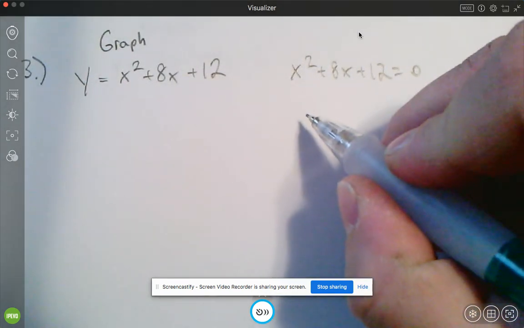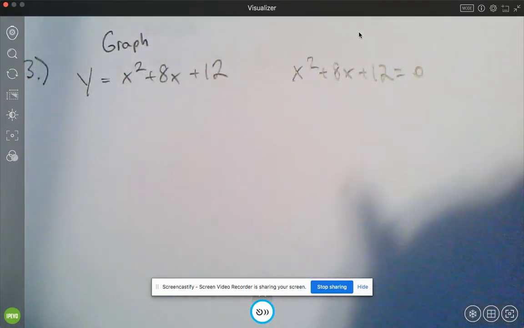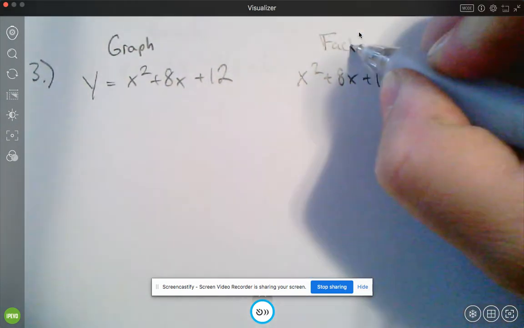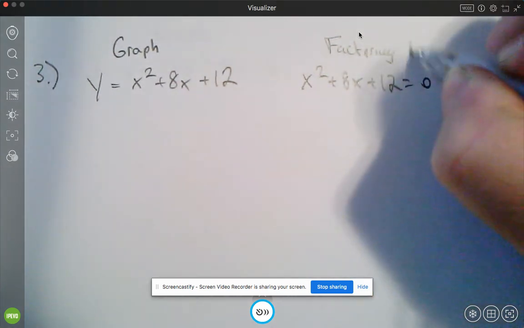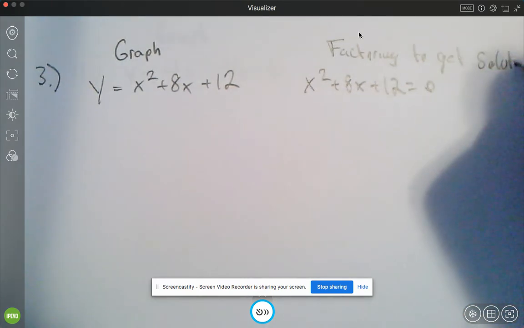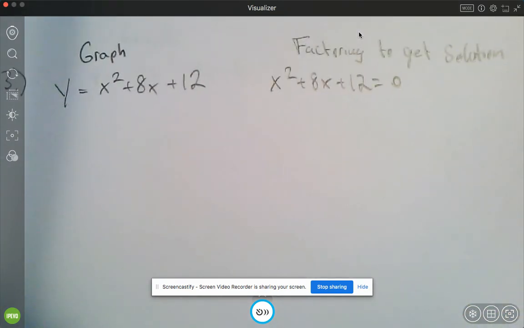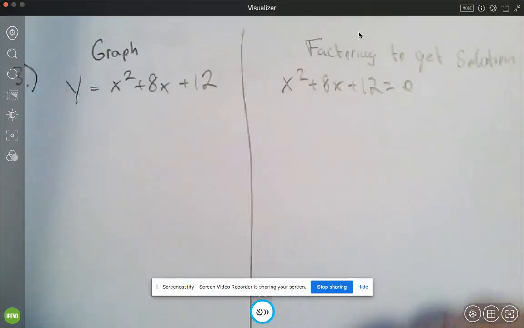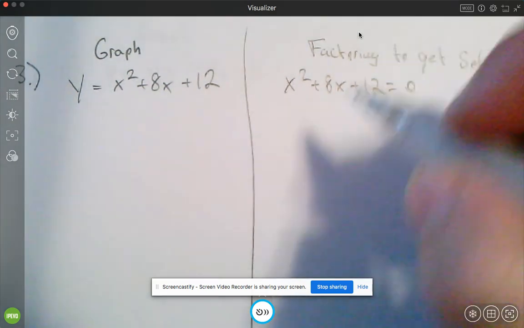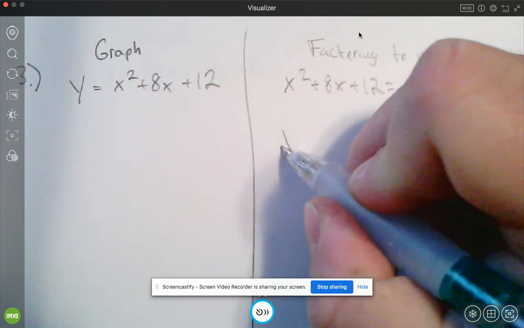So we could then factor this to get solutions, and then we're going to graph it and see how they're both very much related. So if we factor this, we would go x